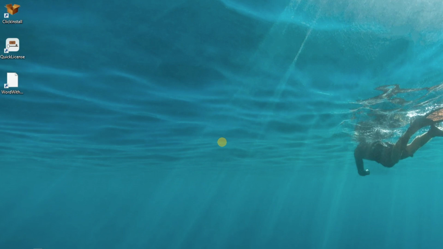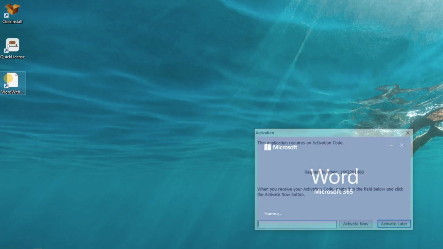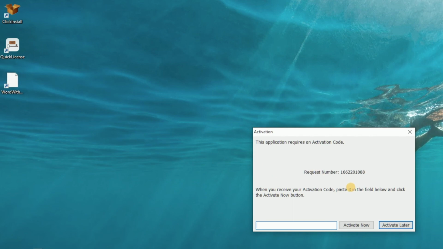We're going to go over the process of actually activating your protected Word document again on the customer computer. In order to do that, we've manually reset the license for this machine so that when we launch the Word document, we're going to be presented with an activation screen again. And to get the activation code needed for this specific computer, we need to launch Quick License on our development machine